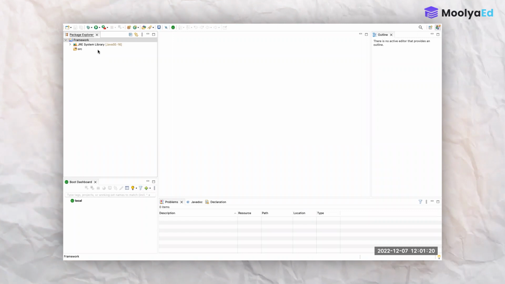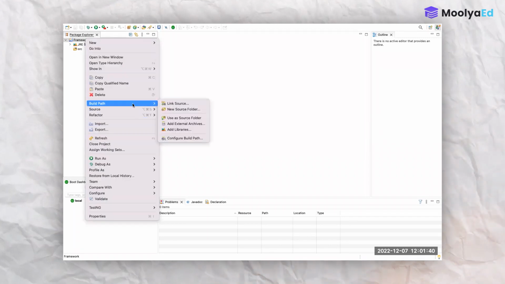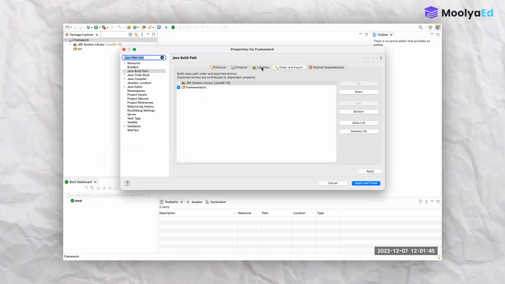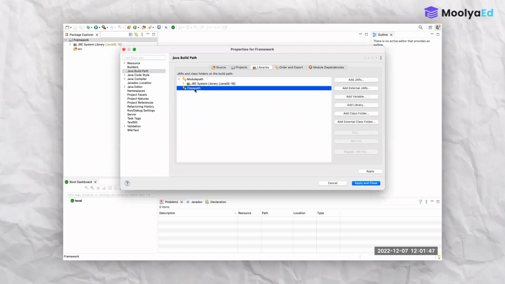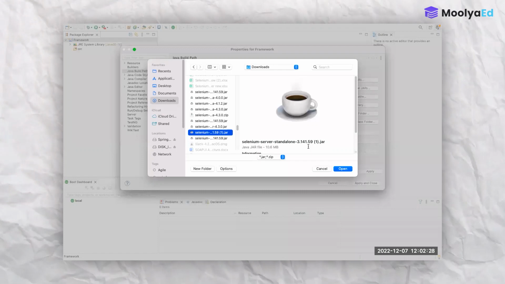See, this is going to be a simple Java project until I convert this Java project into a Selenium or TestNG project. Now, how do I convert this Java project into a Selenium or TestNG project? I simply right click on the project, go to the build path, go into configure build path, and then in my libraries, in the class path, I add a couple of external jar files. So I need this jar file, which is called Selenium Server Standalone